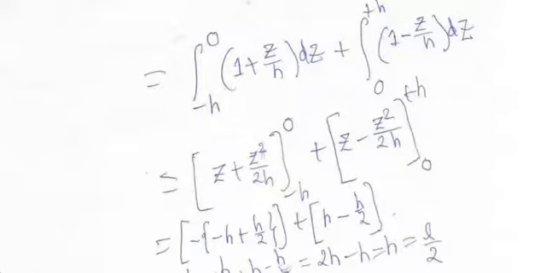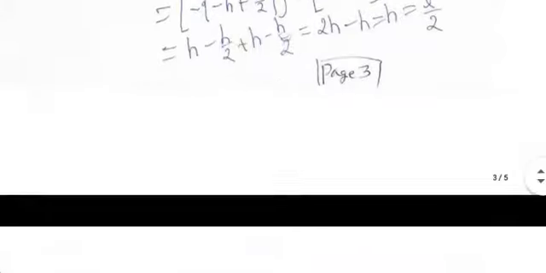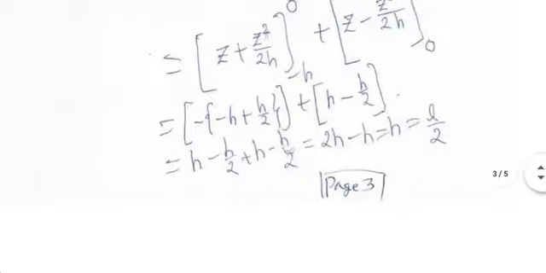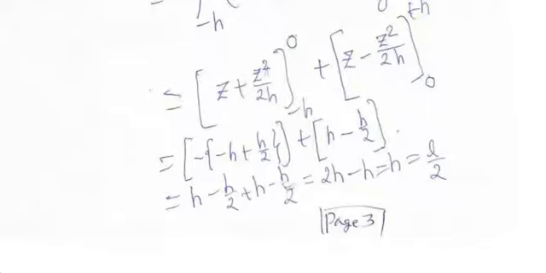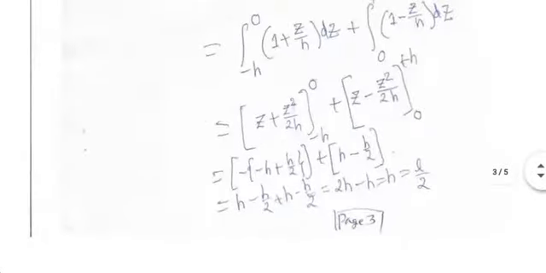Okay, so I'm sure you will be able to follow these steps easily. The answer that you get after doing all this is L by 2. The length of the short dipole divided by 2 is the effective length. So it is not equal to the length of the antenna, as was the case for the Hertzian dipole. For a short dipole, the effective length is half the physical length.